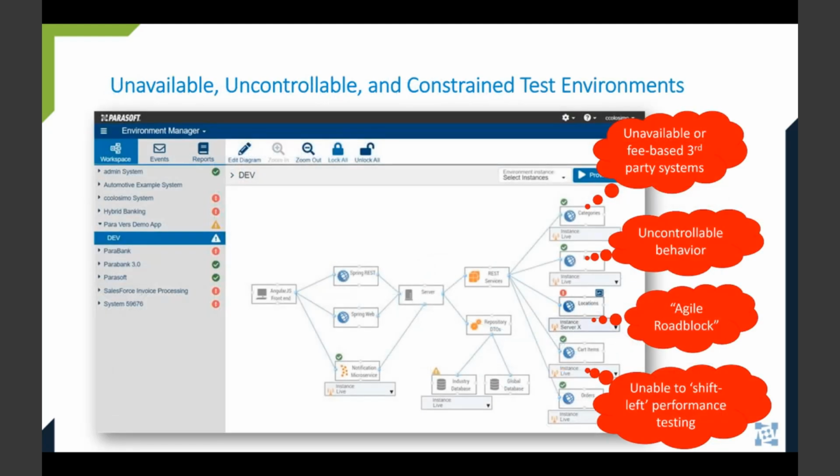The problem shifts to those back-end or dependent resources that our applications have to be able to access in order to complete their tasks that we're trying to test. Resources that are needed may become unavailable or have associated costs that discourage diligent testing. You may not be able to control the behavior of that asset, as would be the case with the centralized shared database. Or perhaps you're having to wait on another team to complete their piece of the puzzle before testing your part can begin.